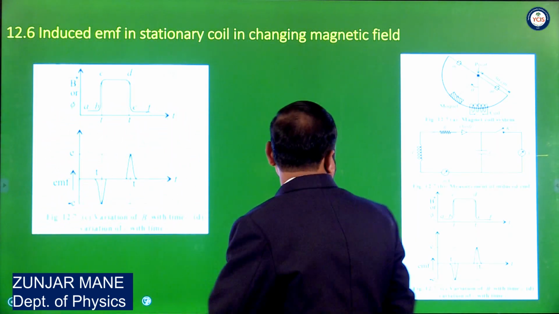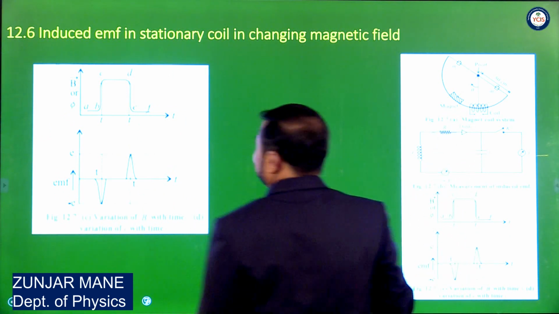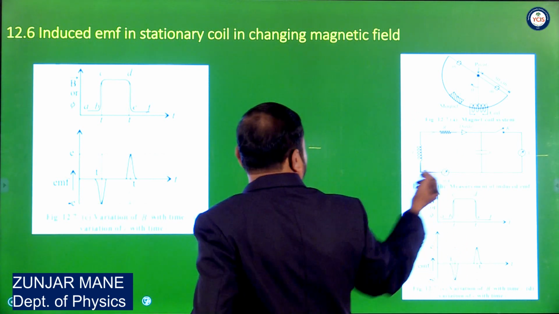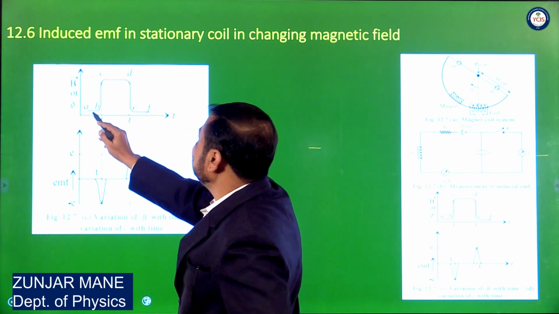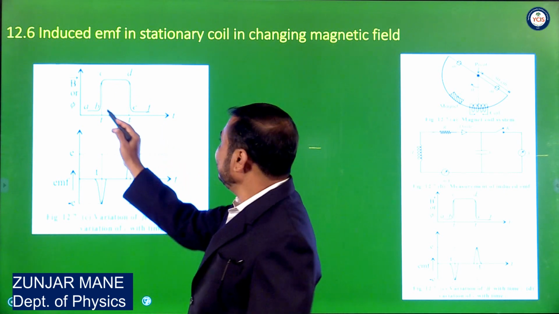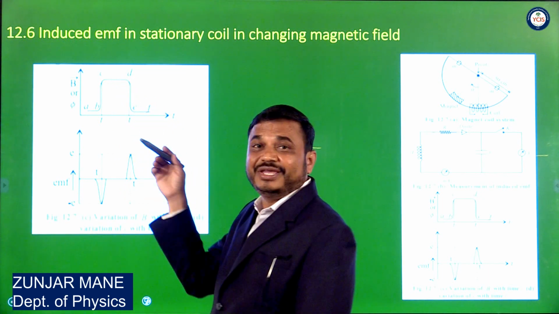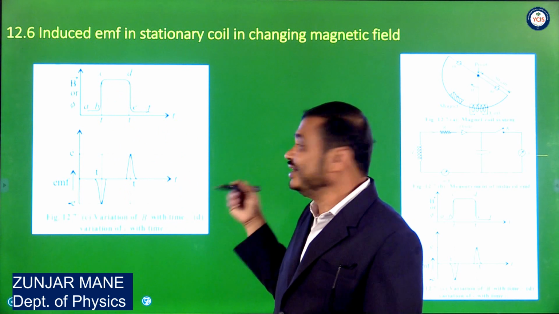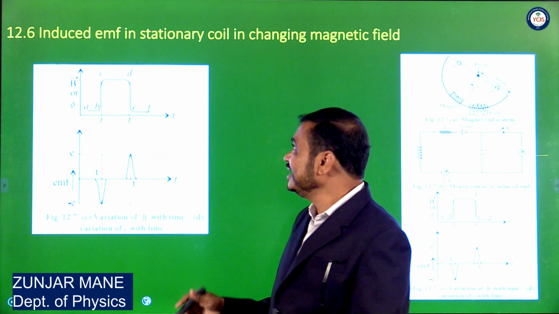Suppose this is the figure. So we see that when a magnet enters inside the coil, then the magnetic flux goes on increasing. So we see here the change in the magnetic flux, that is A, B, C, D, E, F. AB when the magnet is outside the coil, CD when the magnet is inside the coil, and EF when the magnet leaves the coil. So we get the hump at CD when the magnet is inside the coil.